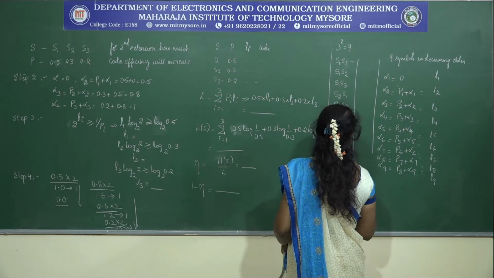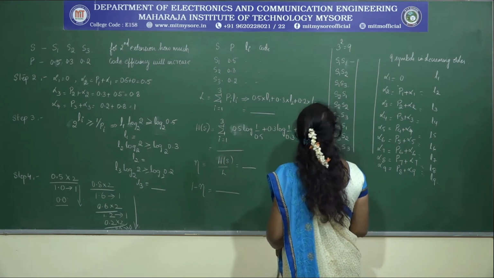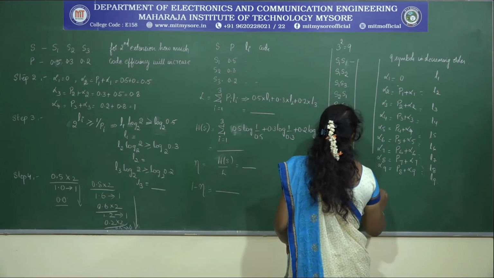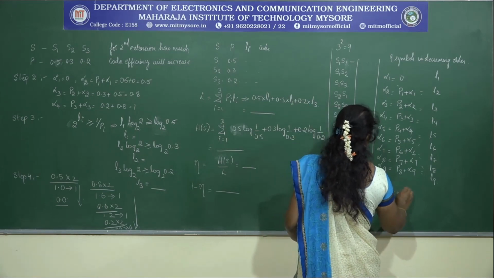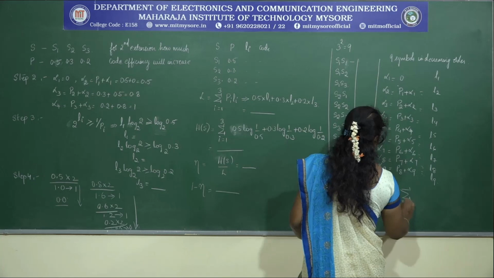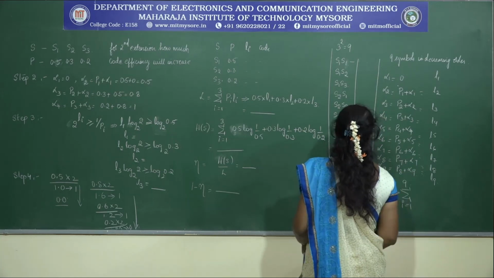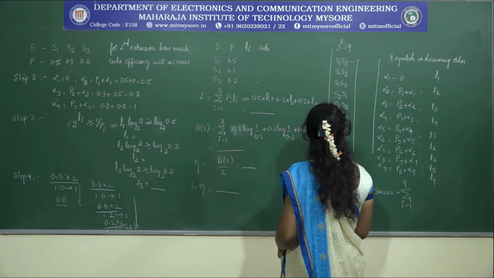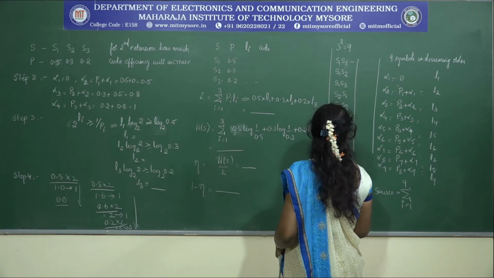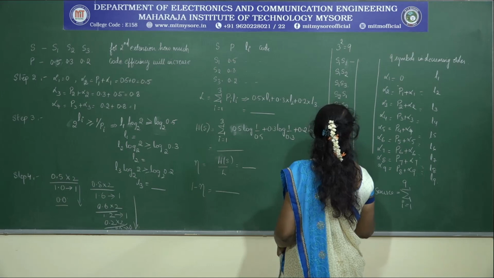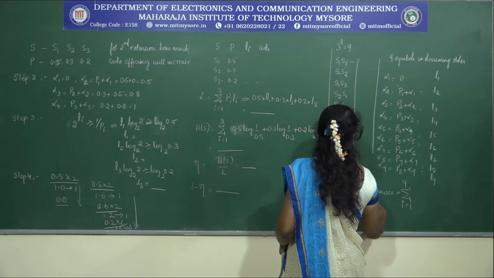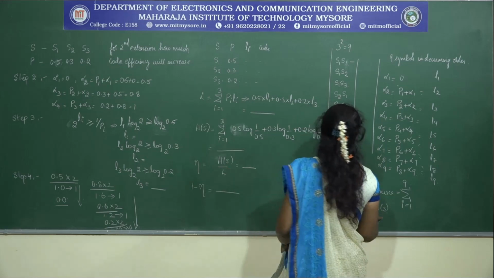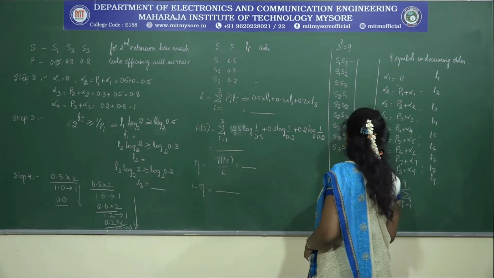So what is H of S square here? H of S square is nothing but you need to consider all these 9 source symbols, that means the summation varies from i equal to 1 to 9. Once you find H of S square, you can also check that in general it should be 2 times H of S. H of S you have found out here, so verify whether you get 2 times H of S.